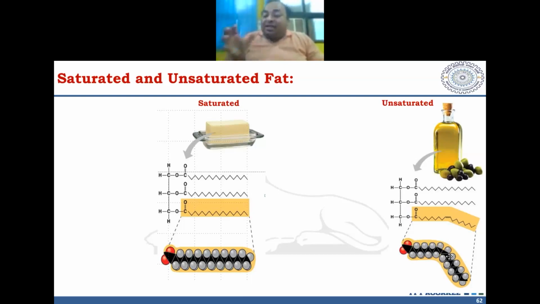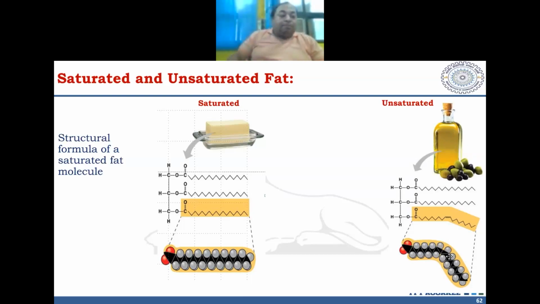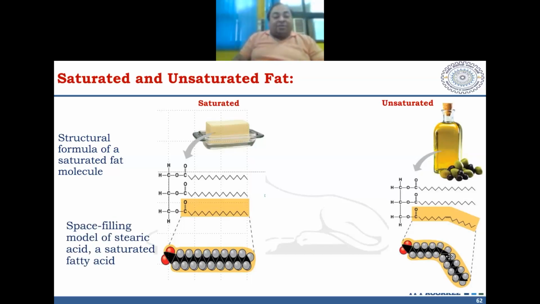The oils which are examples of saturated fat would be solidified with the lowering of temperature. The oils which are unsaturated, especially monounsaturated, would not be solidified with the lowering of the temperature. So, the structural formula of a saturated fat molecule is here. You should also look at the space filling model of stearic acid, which is an example of a saturated fatty